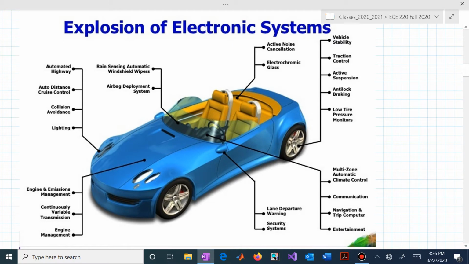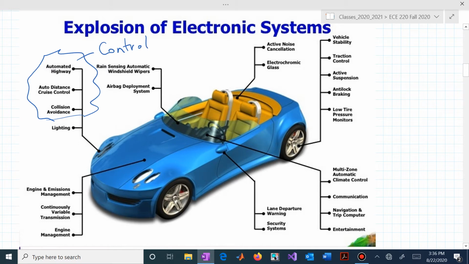And how do you get that information into a form that you want to have it in so that you can manipulate it and work with it? For example, now we have maybe adaptive cruise control. Maybe we have collision avoidance. Maybe we'll have automated highways, or maybe we already do. That might be sort of this control